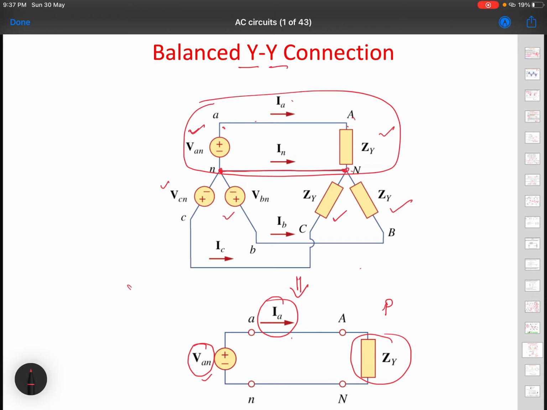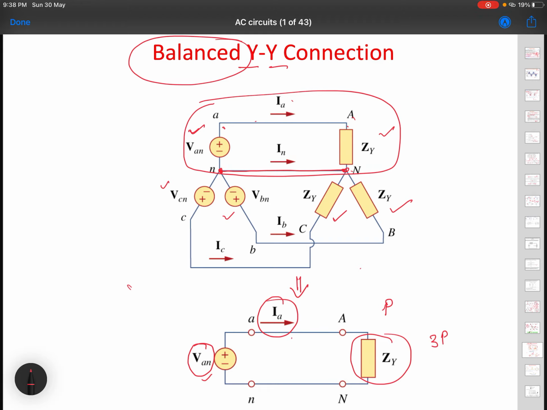But this is applicable for one phase, and if I want to find the overall power in all the 3 cases, total power, then I'll have to add the power of all the 3 phases, and that makes 3 times one phase power. So now the 3-phase system is simplified into a single phase system. Please remember, this is a keyword here, and this is only applicable when you have a balanced system, and mostly we consider the system to be balanced, just for making calculations.